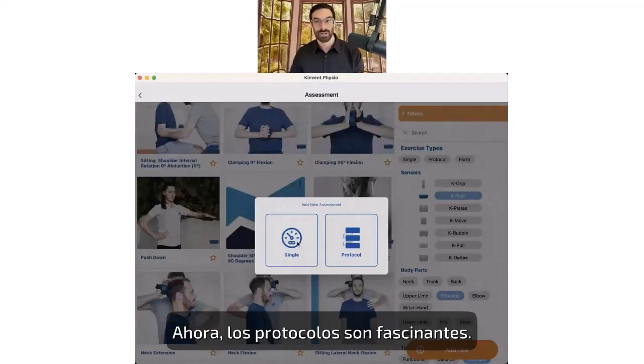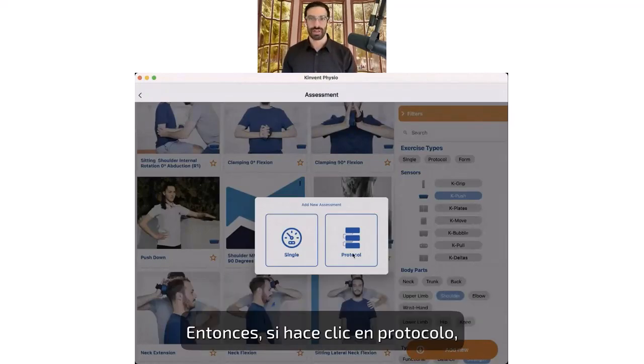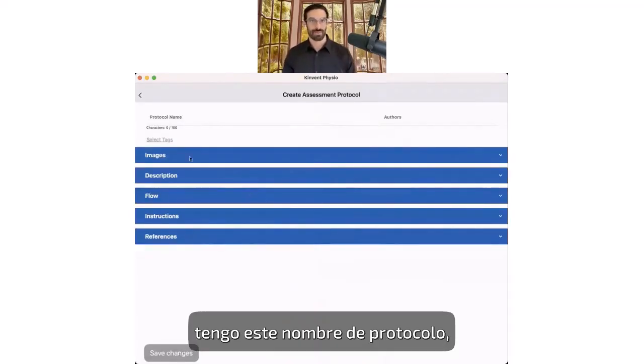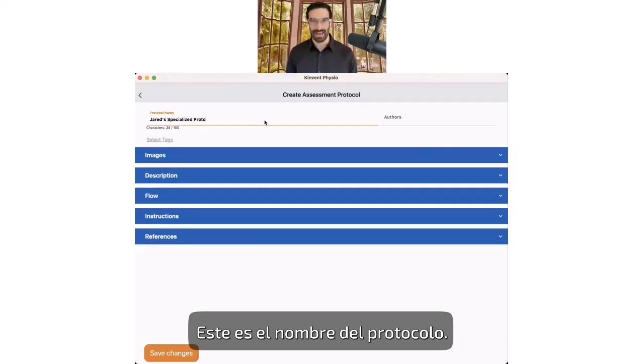Now, protocols are fascinating. These really speed things up and make the process very efficient. So if you click on protocol, now I have this protocol name. I'll say Jared's specialized protocol. So this is the protocol that I would